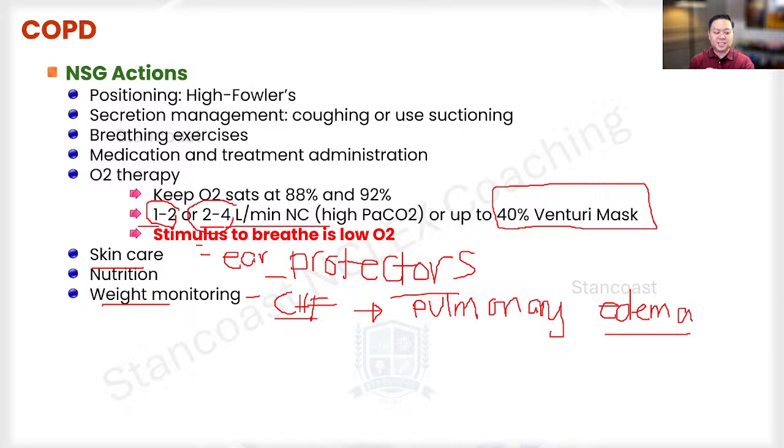So don't just stick to the 2.2 increment daily, because again, if there is a trend that the patient's weight is going up, that is already significant. And so we're talking about fluid volume overload. Again, protect your patient from any complication. Pulmonary edema is not a joke. Not a joke. So you got to be doing your preventive measures in order for this patient to avoid this type of complication.